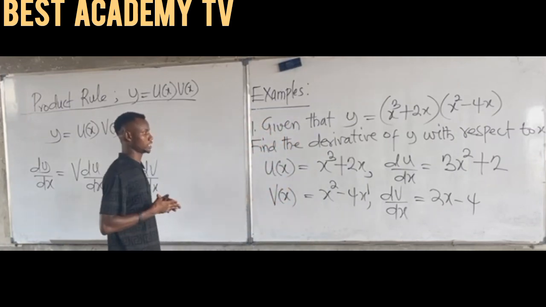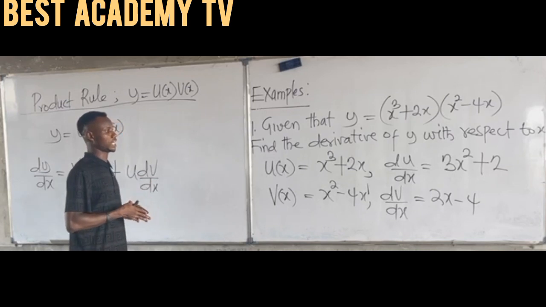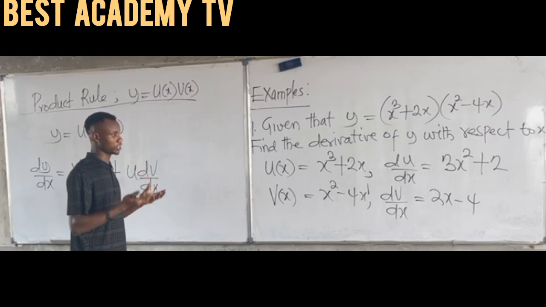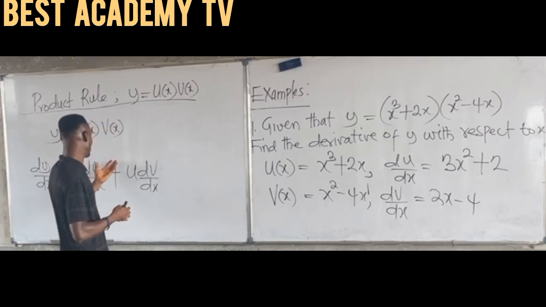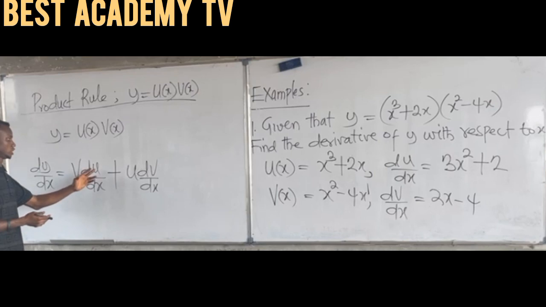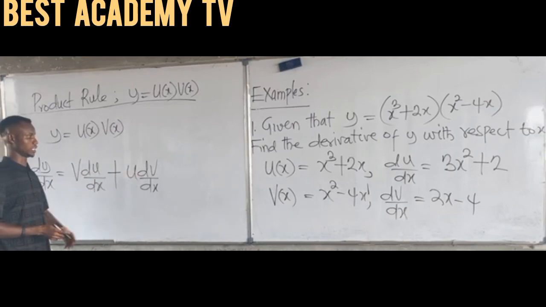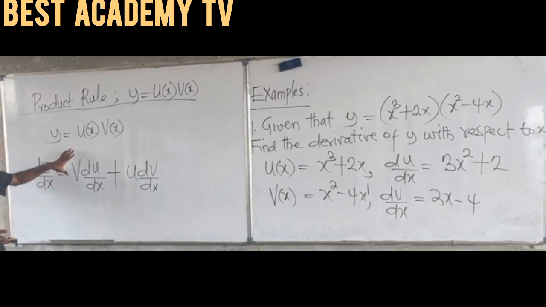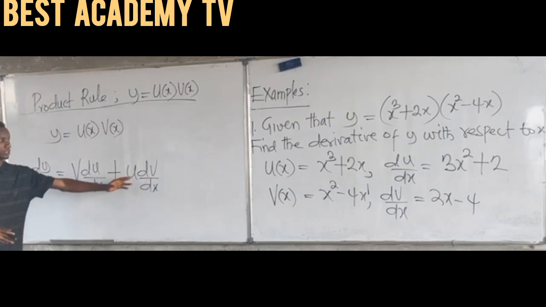We have gotten u of s. We have differentiated that and gotten du/ds. We have gotten v of s. Differentiate that, you get what? The dv/ds. So let's try to replace them into this formula here. Remember that dy/ds for a product is v du/ds plus u dv/ds. These parameters here are complete. v is given,